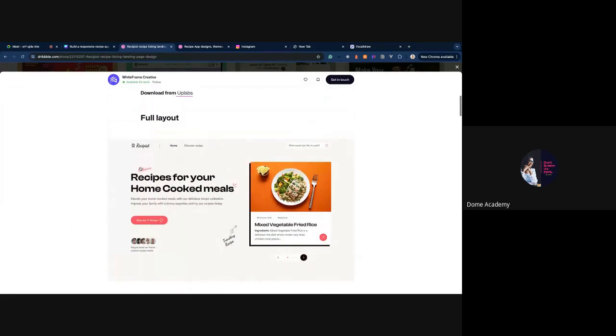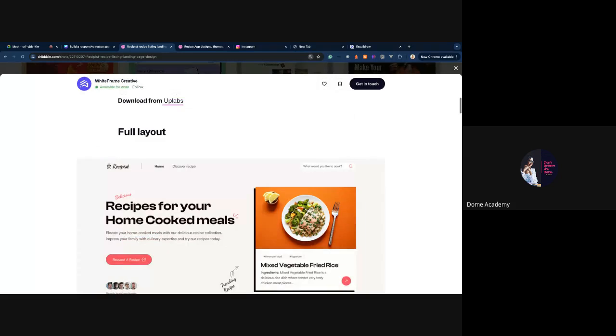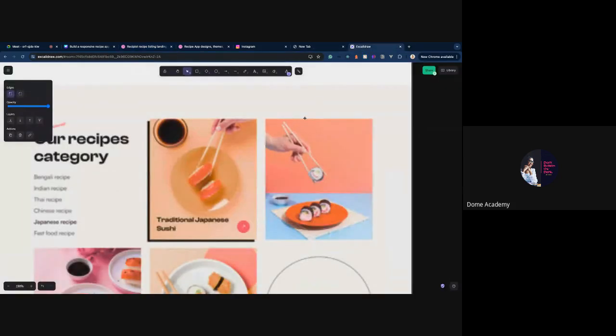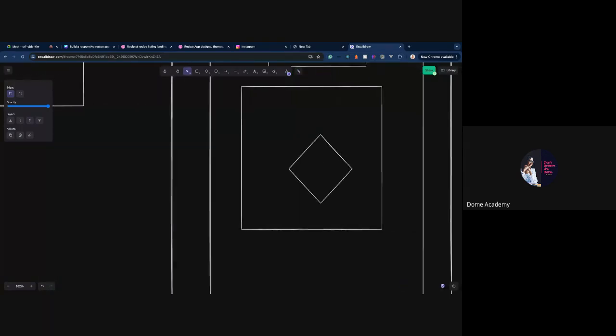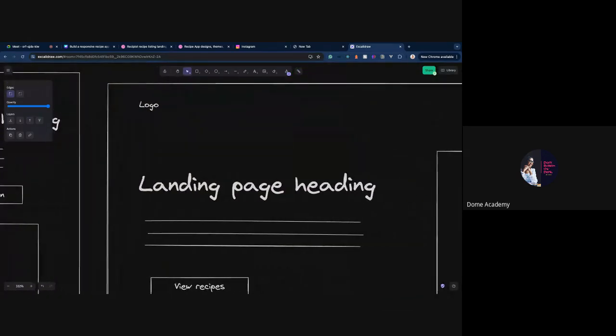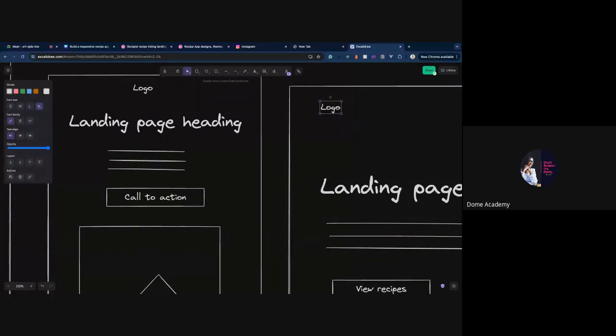So if we look here, if I zoom in, you can see this is actually discover recipes. So this is actually the distance. You can see that by using the inspiration we got from an external website, we can determine, okay, this is what we need in the website. So I'm just going to, in this wireframe, create